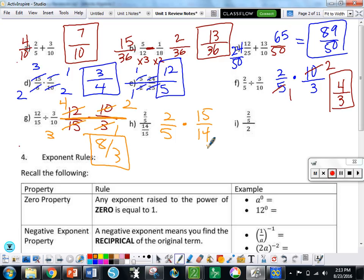Addition, no. Just multiplication, which is a good point. You can only start cross-canceling like this when we get to the multiplication. And on the division, you don't want to cross-cancel until it becomes a multiplication problem. We're out of time. So what I want is